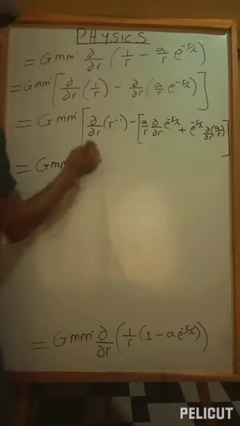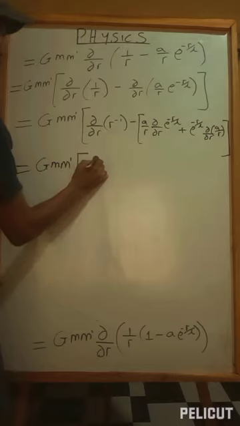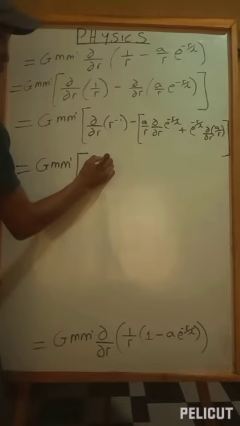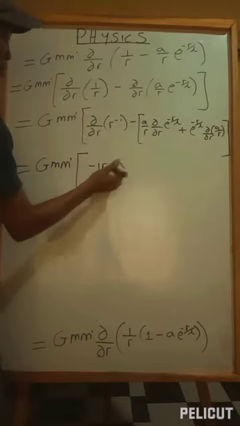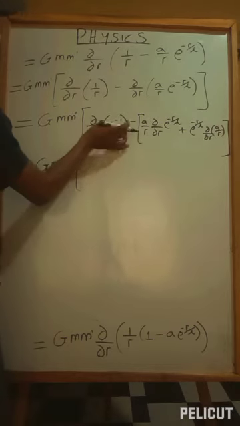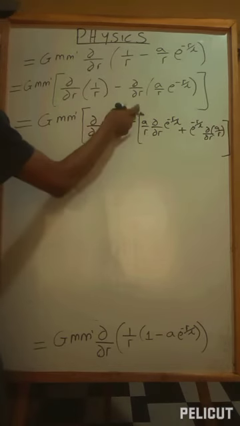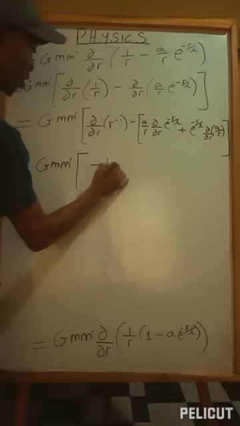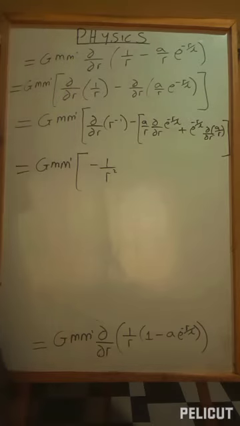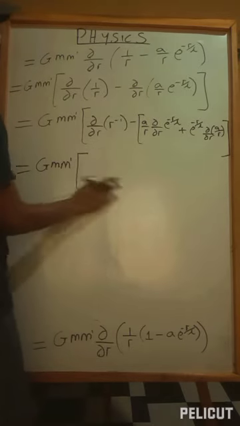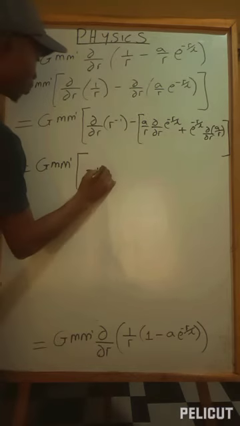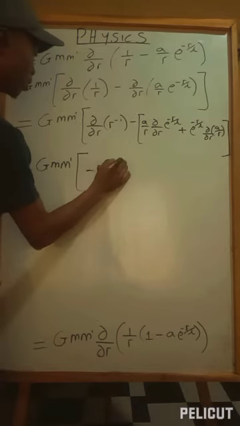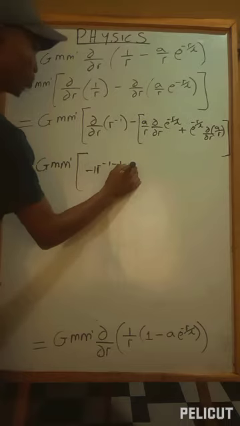If you differentiate this by the power rule of differentiation, we're going to have minus 1, and just minus 1 over r. I want to assume we all know this. Drop down the power, subtract 1 from the power, that will be minus 1 over r squared. If you differentiate this guy, okay, let me show the workings. So this is minus r, minus 1, minus 1, minus